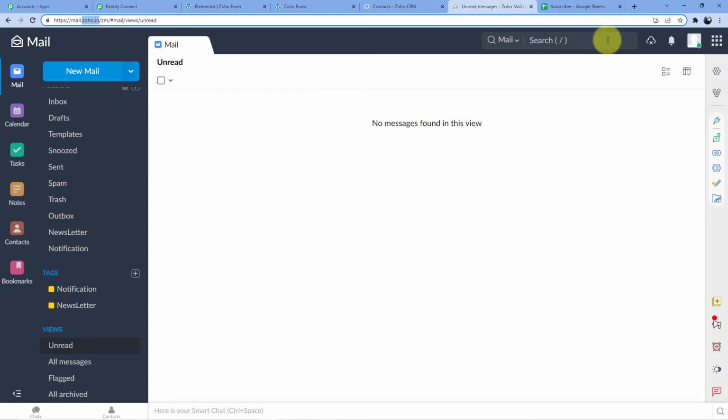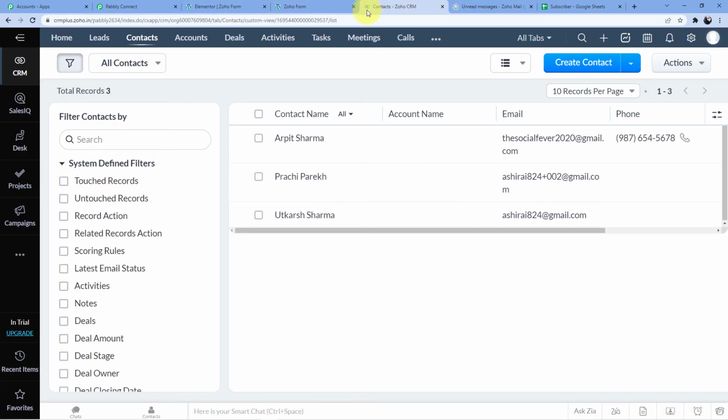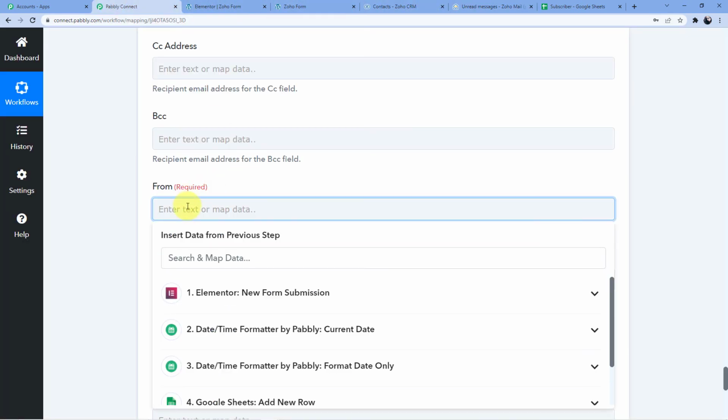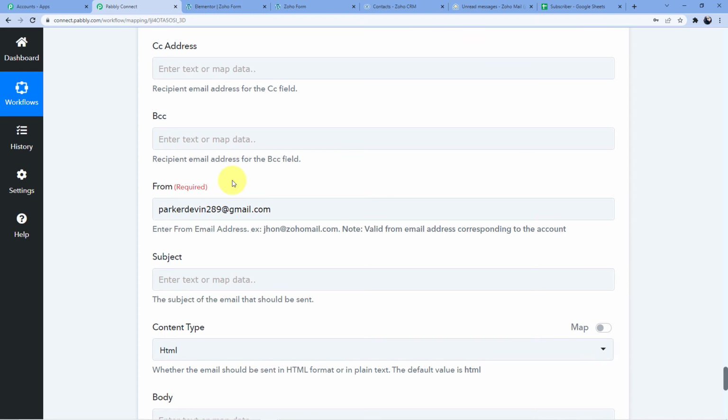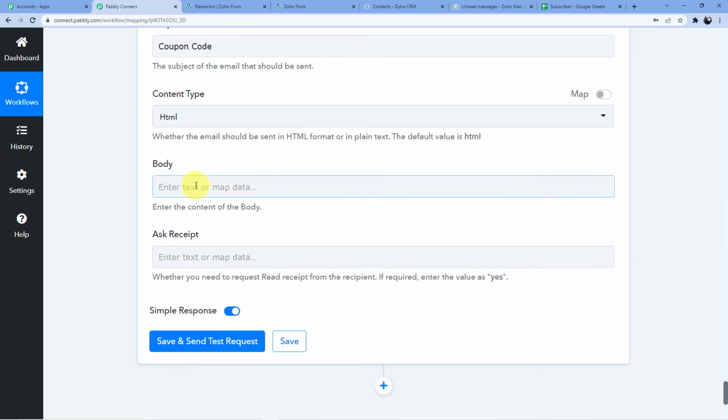So I'll just go here in Zoho mail and I will copy my email address, parkerdevin289@gmail.com. I'll go back here, and here I will just click on parkerdevin289@gmail.com. Now subject is coupon code, okay, and content type, now body is